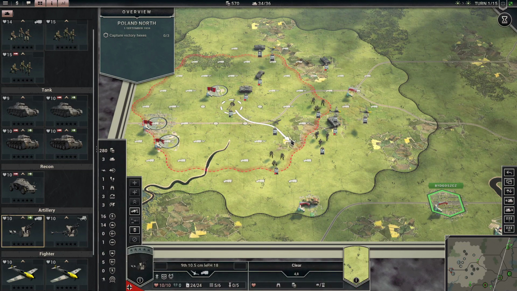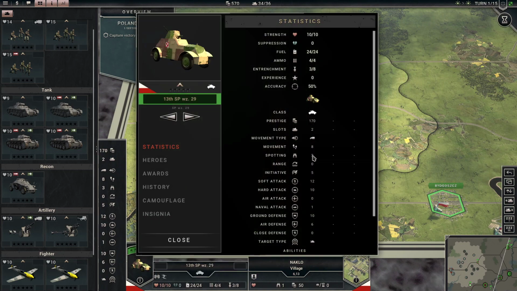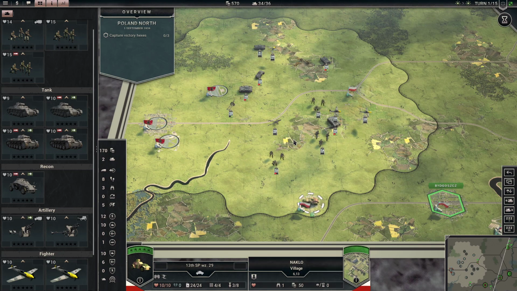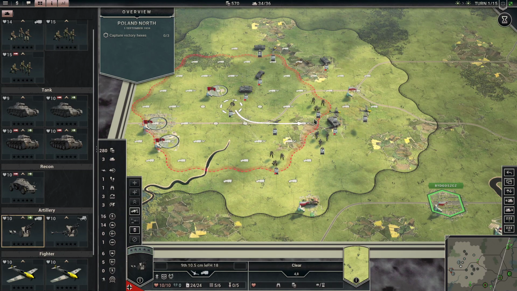And I'm going to want this artillery within range, I believe, of that armored car. But I bet he's got a really long spotting range. Let's see, spotting of 3. So if I put the artillery here, I'm pretty sure he's going to move out and attack the artillery, which I really don't want to take losses on this artillery. So I think I'll put it...